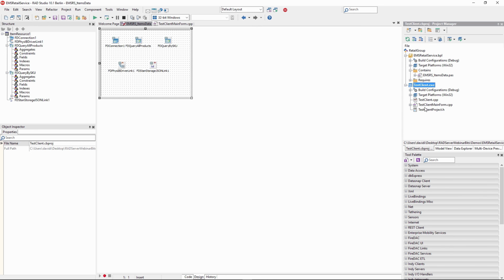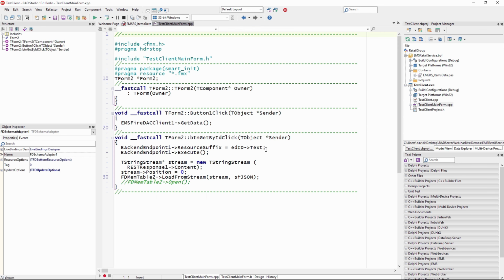Marco, over here on the client side, it's not much special to say about this, right? You just take the edit box of the get by ID. Yeah, you pass it as a resource suffix that basically means the following element of the URL, so item/ and that element gets properly encoded, and then you execute the REST call. The information you get back on the